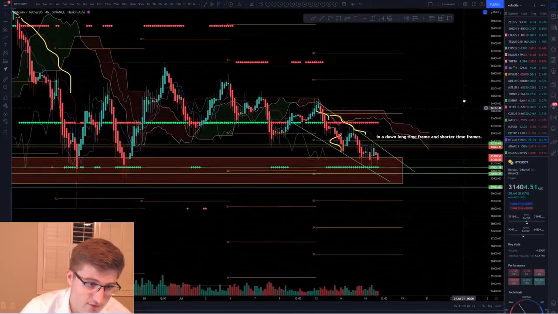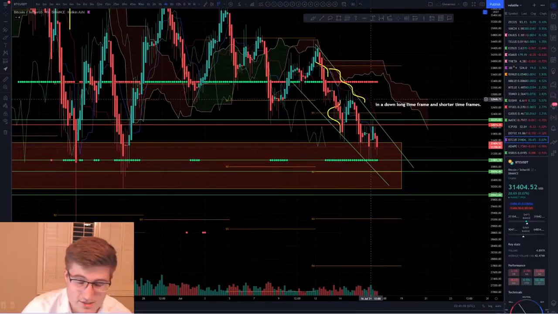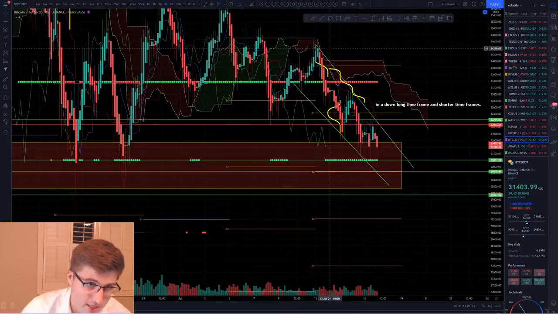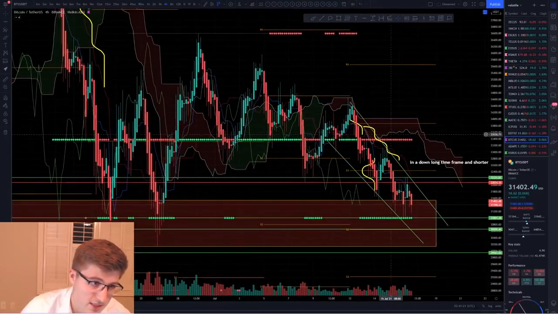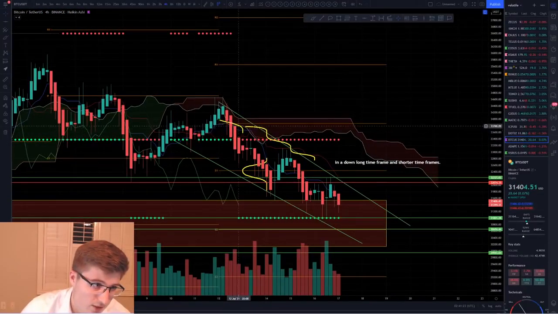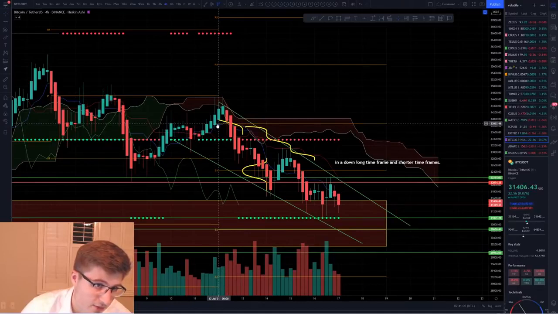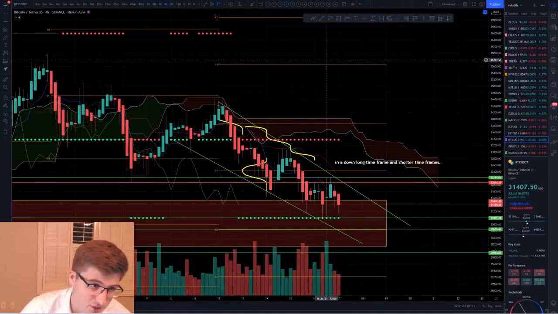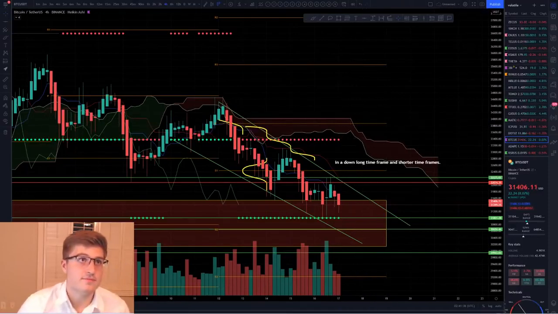We need to have some candles close above some significant levels, at least this 32 to around 33K daily candle close, and then we need to be able to break above this 34 and have a daily candle close above here. We need to make it above this Ichimoku, and we need to really see at least get back to the point of control. The point of control for Bitcoin is the weekly open, around 33,867. We need to see it push above this and hold this level if we want to be bullish.